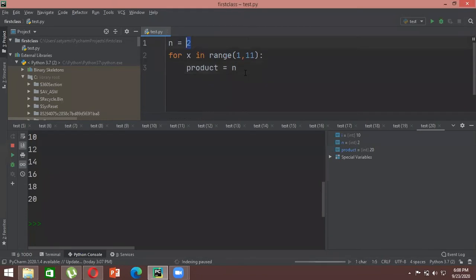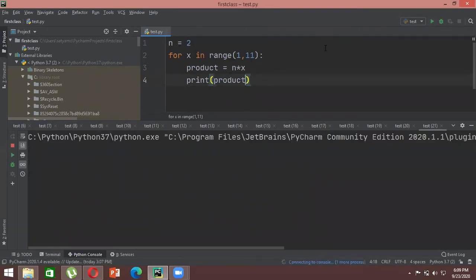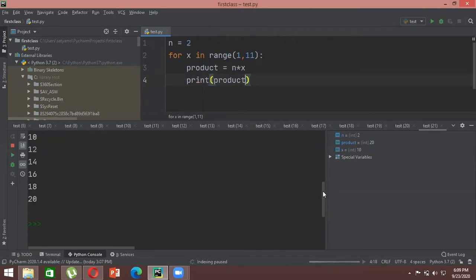And then we will multiply n with x, because x keeps on changing with respect to our range, taking all the values from 1 to 11. Then finally we print our product, and you just run it. It will give you the final answer as 2, 4, 6, 8, 10, 12, 14, 16, 18, 20.